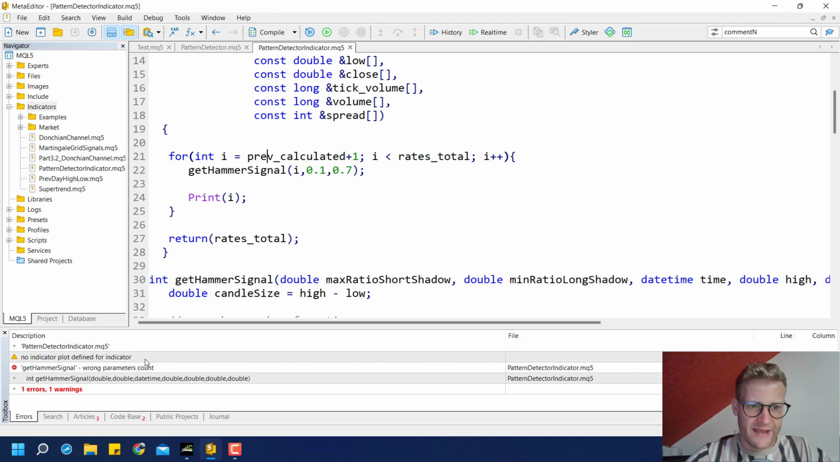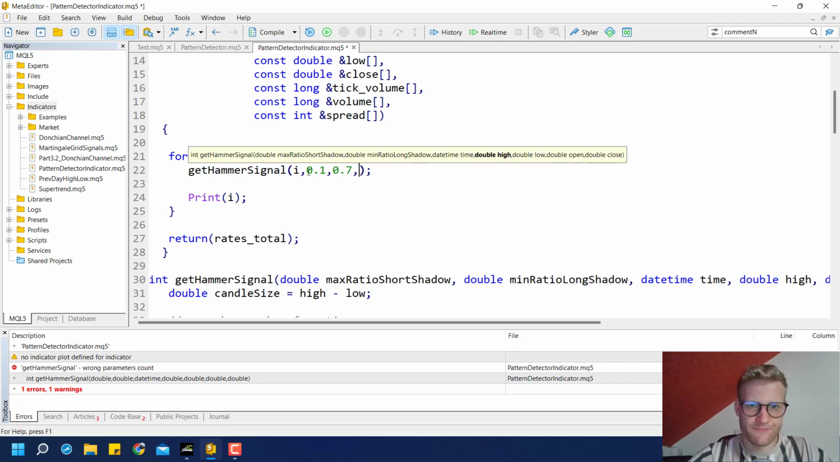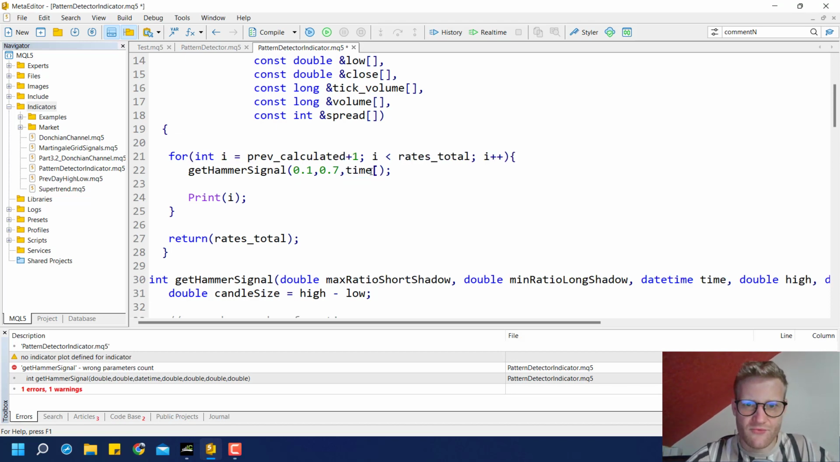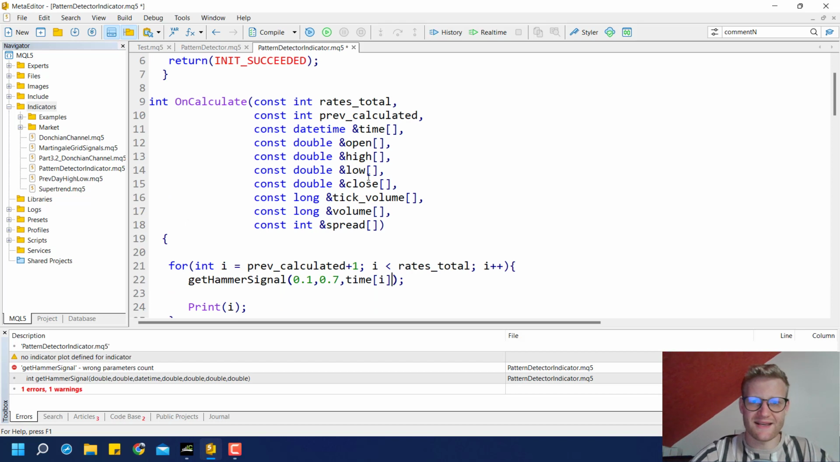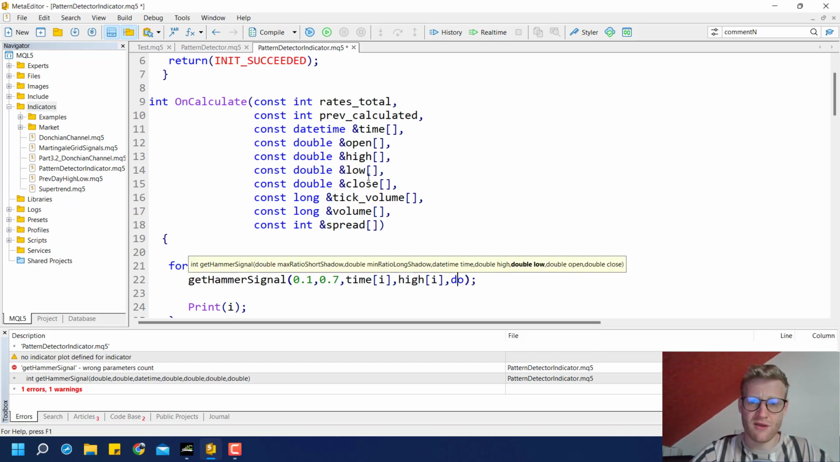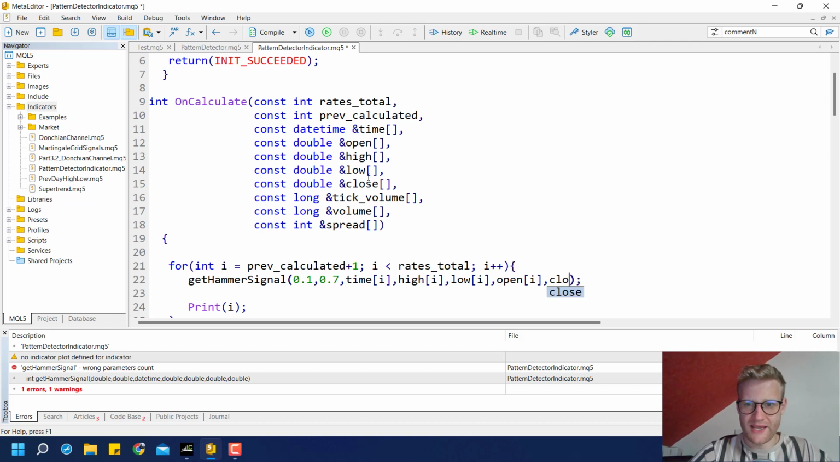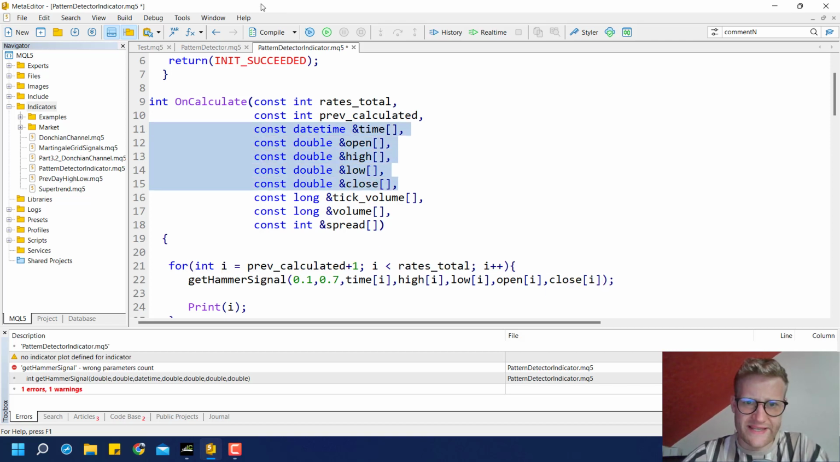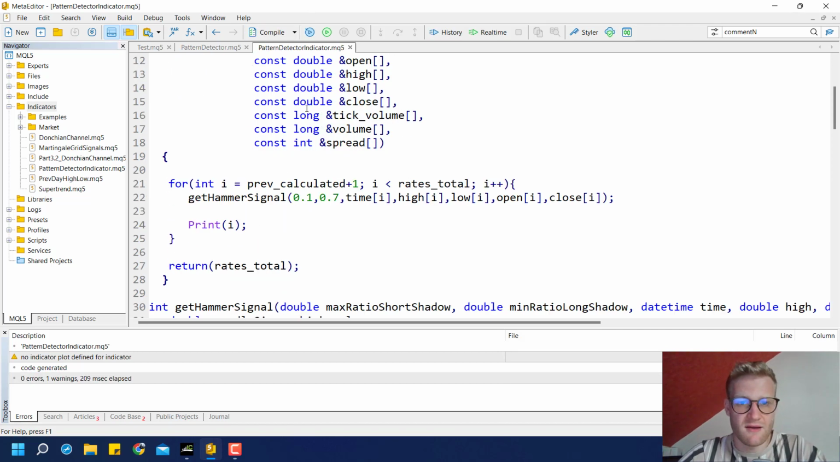Okay, because now I can add these parameters here for our getHammerSignal function call. So I can say the time, it shall be taken from this time array at index I. Then we have the high, which is taken from the array at index I. We have the low, again, from this index I. Then we have the open, and we have the close. We take all these values from these arrays here, right? So if we compile this and